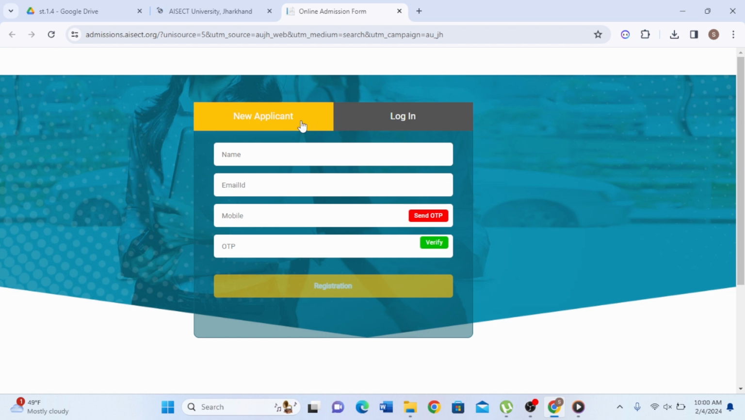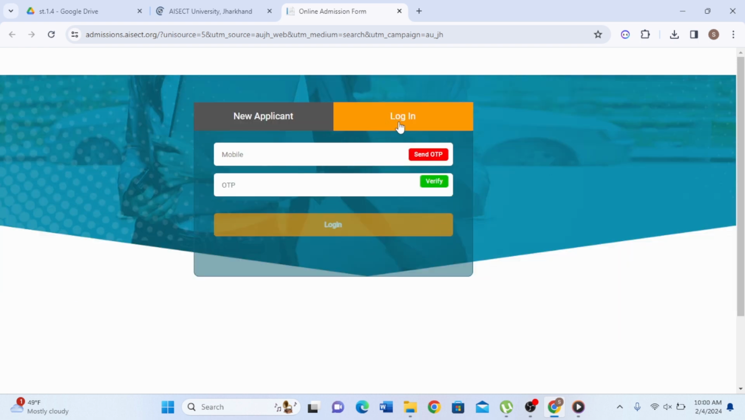Here we could see there's a new applicant. If you are new and want to make an account, or if you have not enrolled or registered yet, you can simply type down the necessary requirements that need to be filled, and you can simply click on register right at the bottom. And we are here to log in, so simply click on this section and type